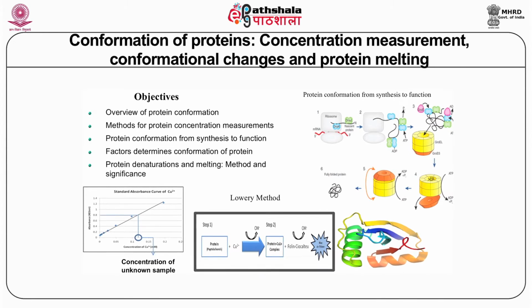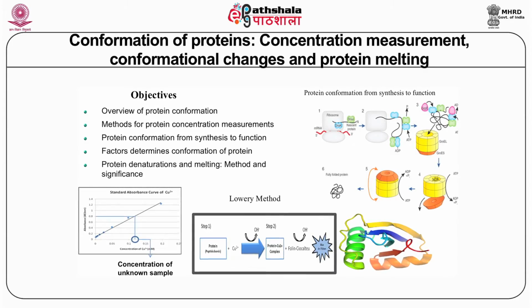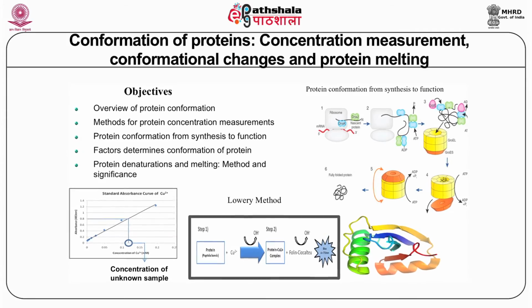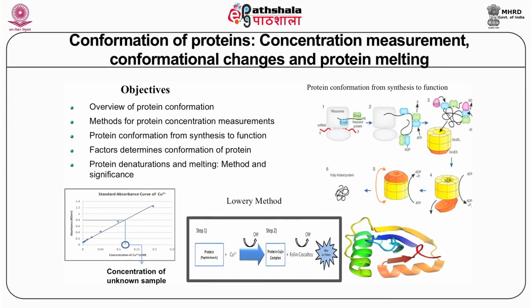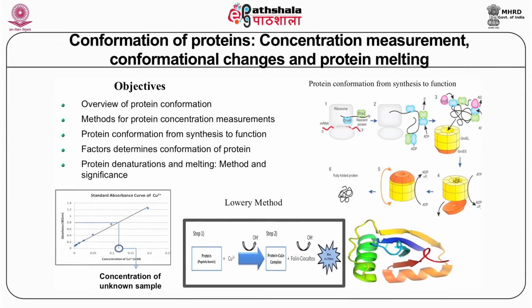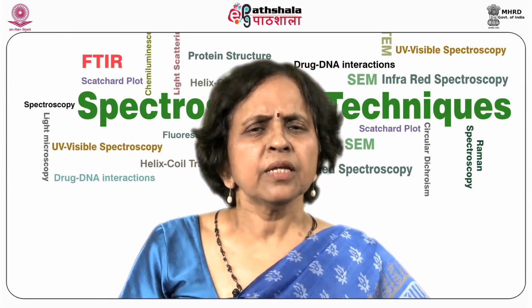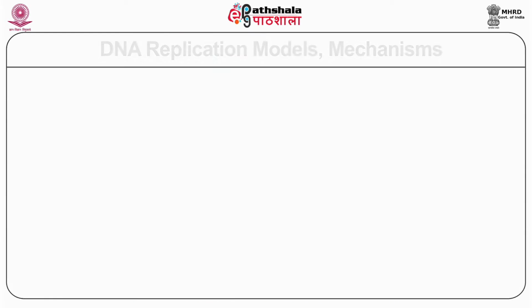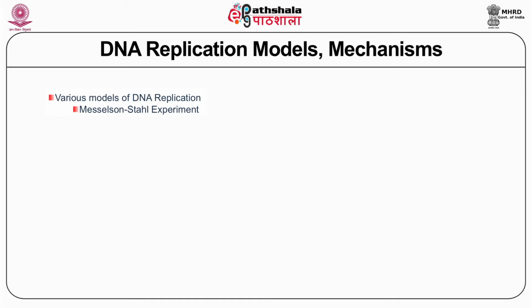What are the other factors that determine the conformation of a protein, whether it is a folded or a denatured structure? All these things can be very easily studied using a simple technique, that is UV absorption. Then one chapter which we have devoted to the replication of the DNA mechanism, before we study the various models of the DNA,